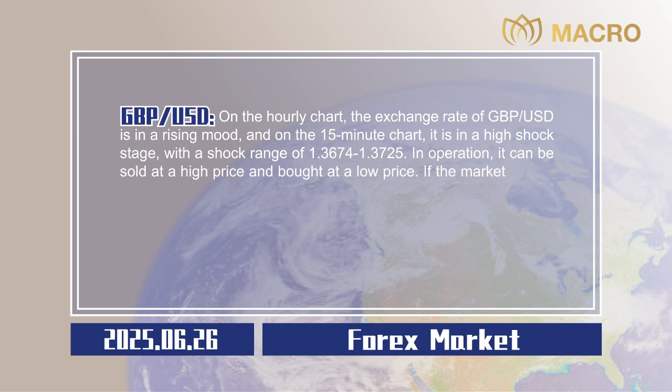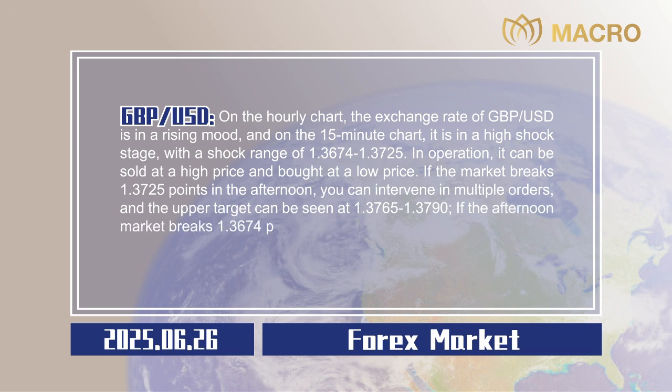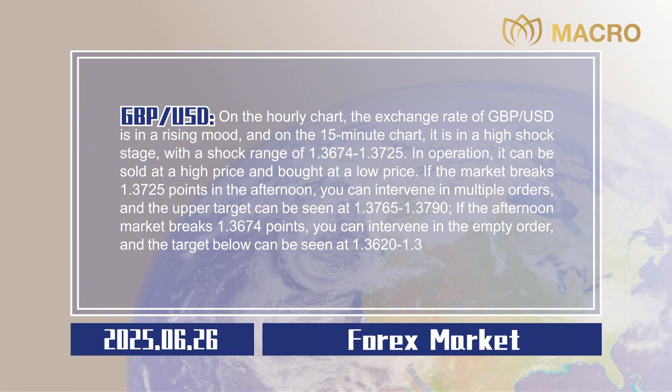If the market breaks 1.3725 points in the afternoon, you can intervene in long orders, and the upper target can be seen at 1.3765 to 1.3790. If the afternoon market breaks 1.3674 points, you can intervene in short orders, and the target below can be seen at 1.3620 to 1.3570. Stop losses are all 20 points,